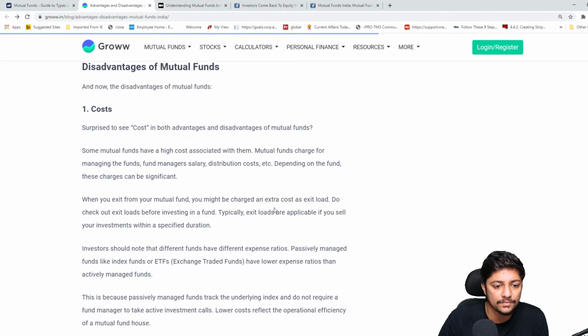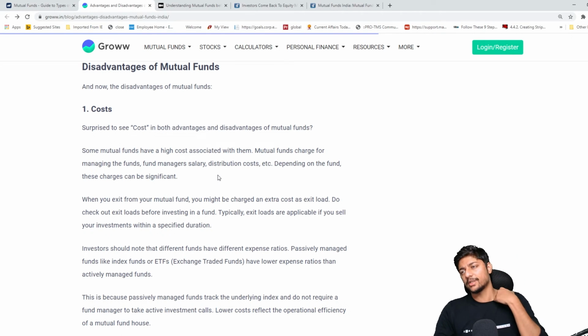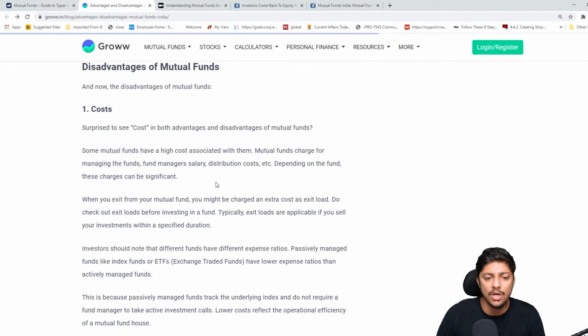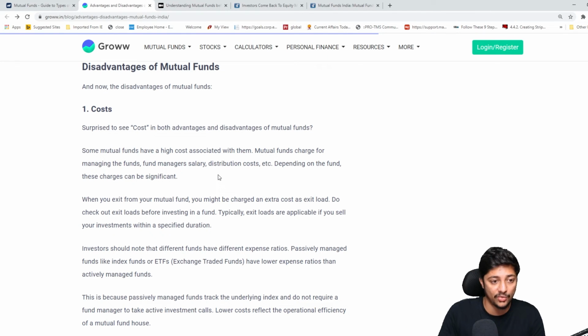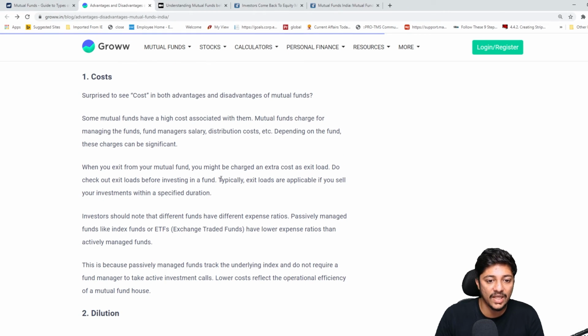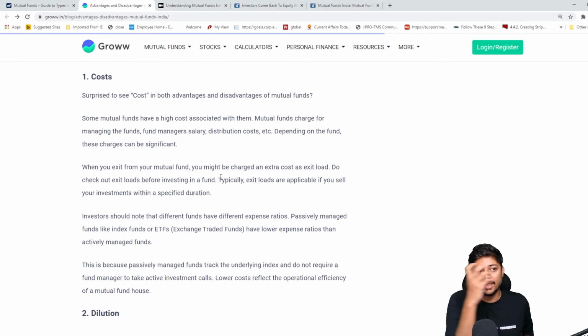Okay. Now, look at the disadvantages here. Cost obviously is an advantage, because for people who don't know how to run a stock market, it is fine, right? Now, when it comes to cost on a mutual fund, I told you there's a cost called exit load. There's a cost called expense ratio and exit load, which I will come to in a separate video. Now, if you sell some funds also say this. Funds will make money if they can take your money and invest for a long period of time, correct?